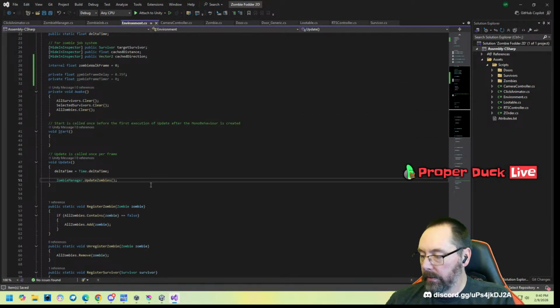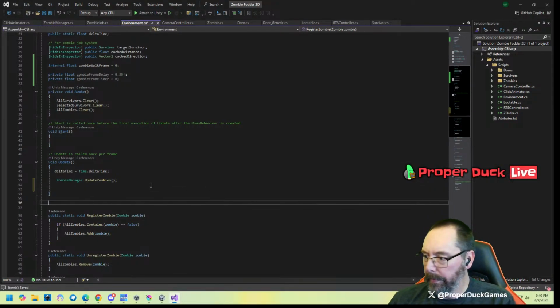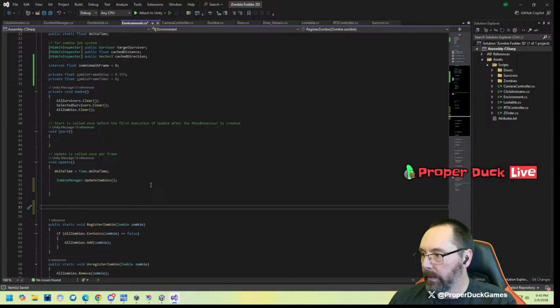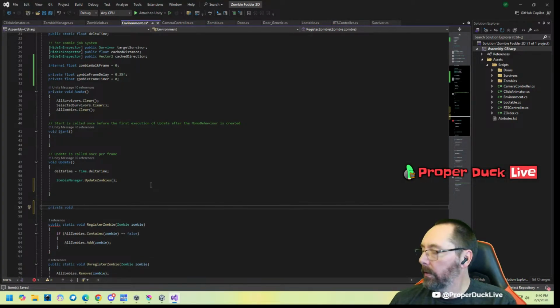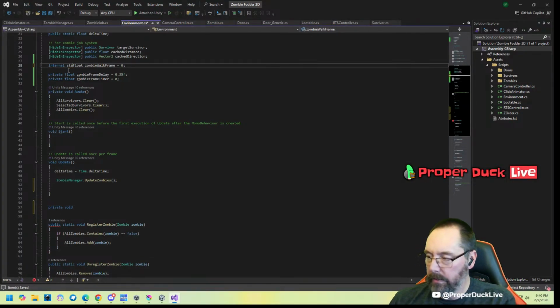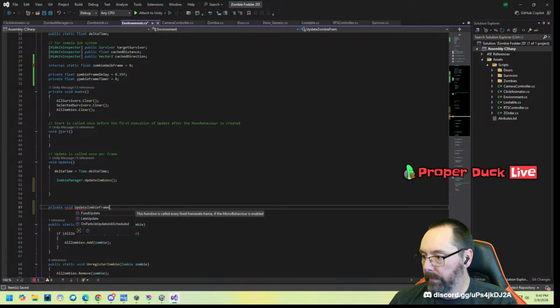So in update, I can do, let's just call a method, and that'll be update zombie frame, and that can be private. Private void. This needs to be static. Update zombie frame,